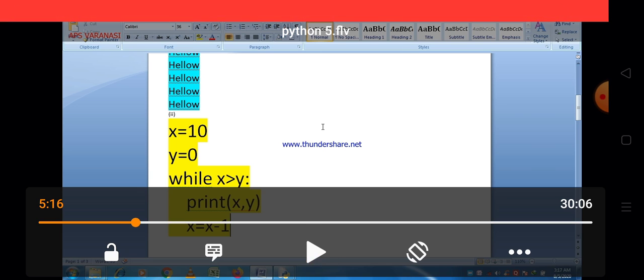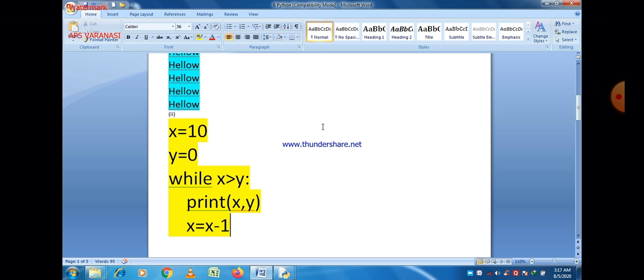Now what happens here, actually, we check x with y, and x is greater than y. There is always a decrement in the value of x. So y remains the same throughout this program, and the value of x will decrease in the loop, because there is a statement which decreases the value of x.